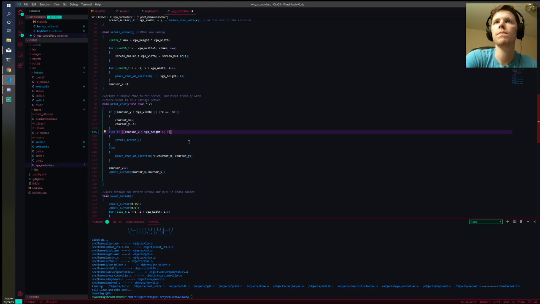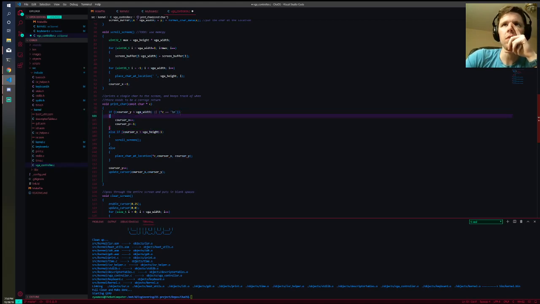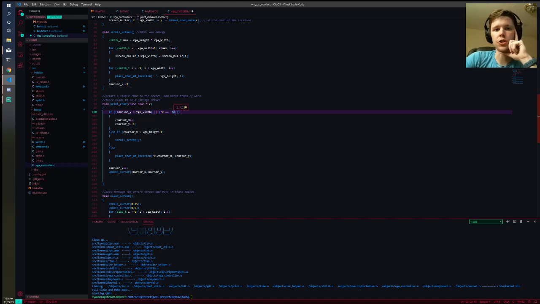Or, wait a second. I'm already doing that. I'm already doing that in the one above. Right here. So this \n, that's the character for a new line, which is like hitting enter. When you hit enter, this is the character that comes back. And so when I get that character,